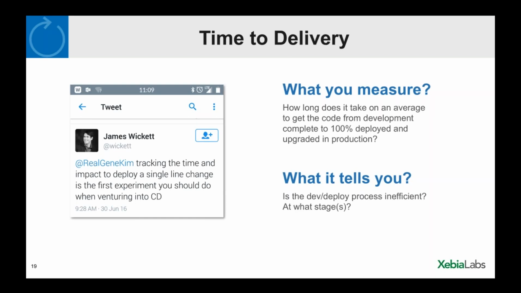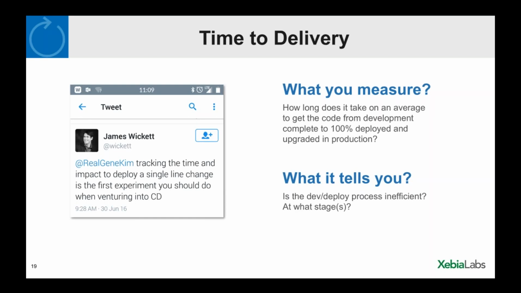Those of you who said you're kind of in the planning stage, the great guidance that comes for DevOps transformations is don't try to do everything at once. Pick the few areas where you have inefficiencies and focus on automating or improving those. Looking at your time to delivery across all of the phases in your development process is a great tool to help you identify which of those stages you should tackle first.